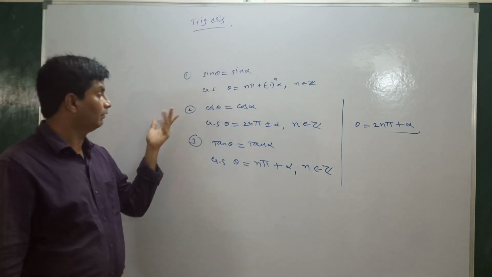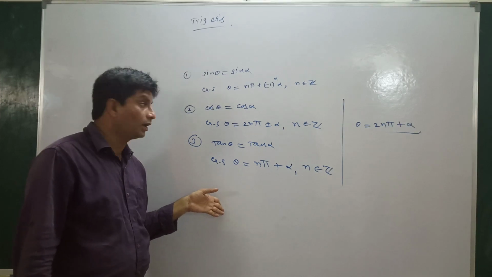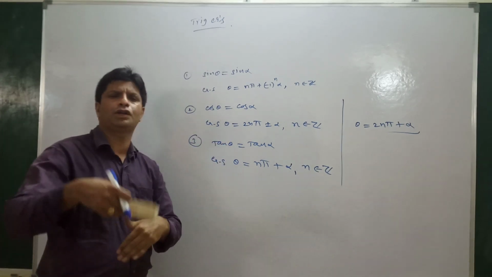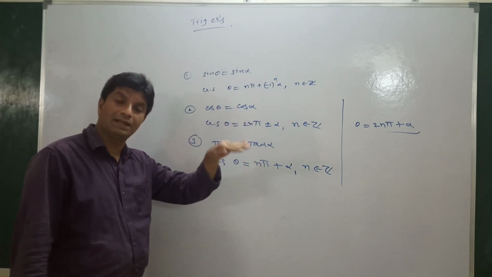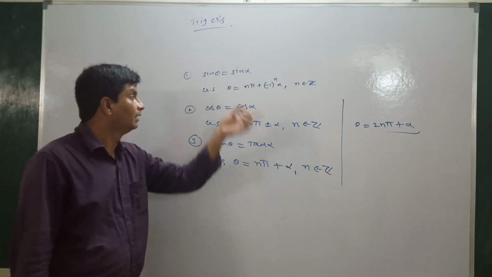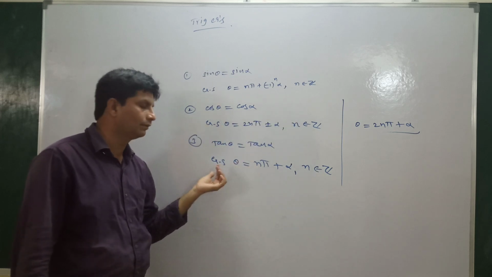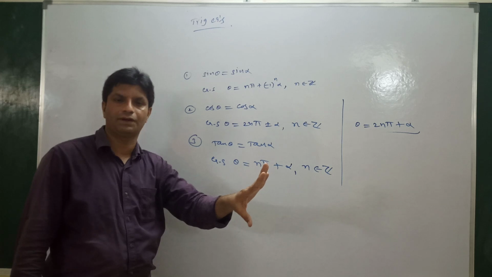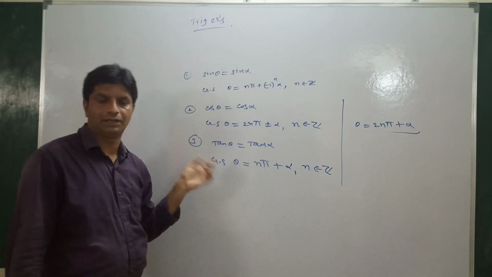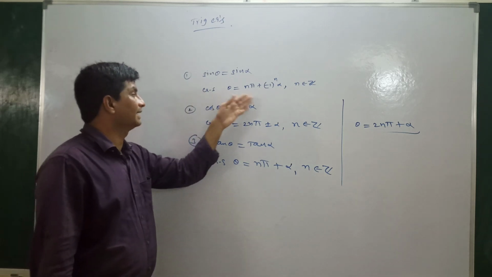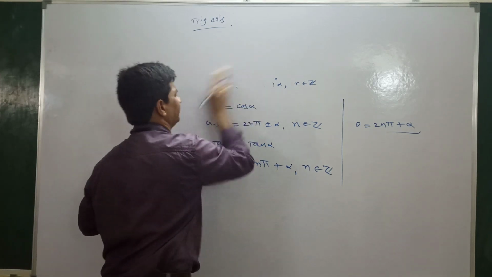What about tan theta? What about the remaining 3 functions? Secant theta, cosecant theta, and cot theta. If we get the equation in terms of secant theta, convert into cos. Convert in terms of cos theta equal to cos alpha, and write the general solution. If the given equation is in terms of cosecant theta, for example, convert into sin, we know the general solution of sin theta equal to sin alpha. If it is in the form of cot, convert into tan, then you can write. Whatever the given equation, we can convert in terms of sin, cos, and tan. After that, we will write the general solution corresponding to the trigonometric function. Understood? So this is the way how to write the general solution.